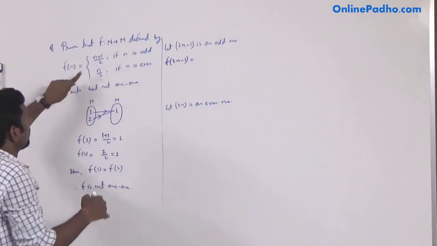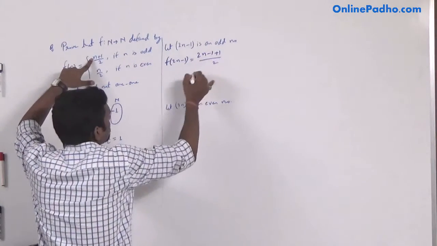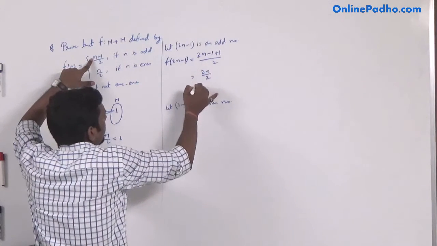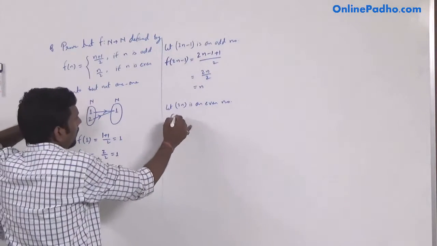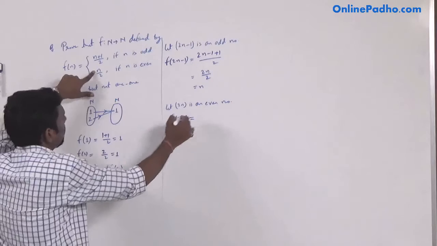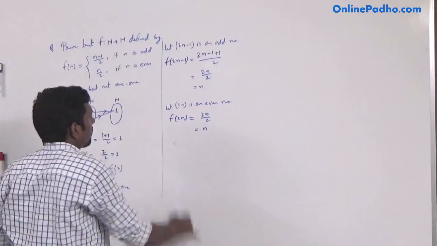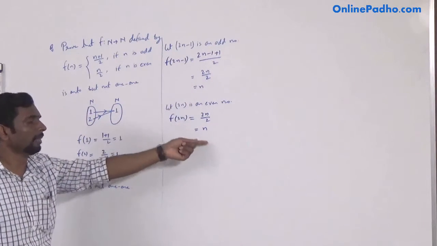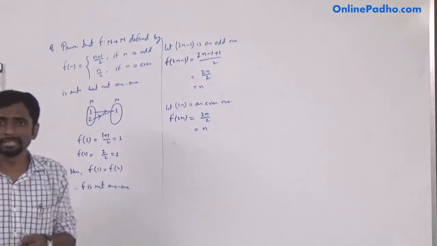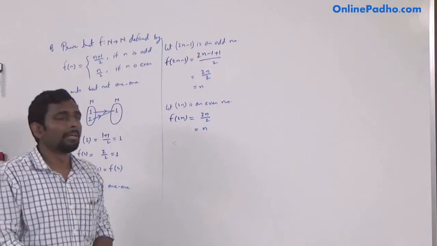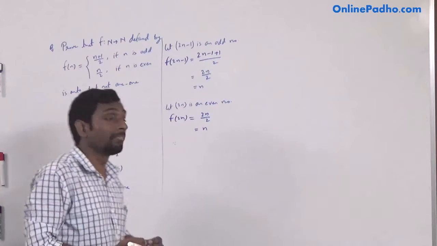2n minus 1 is an odd number, so we put n as (2n minus 1 plus 1) divided by 2. After simplifying, we get 2n by 2, that is n. And if you find f(2n), 2n is an even number, so 2n by 2 can be written as n. Since f(2n minus 1) and f(2n), for a general odd number and a general even number, give the same element n, so we can say that for each and every element in the codomain,